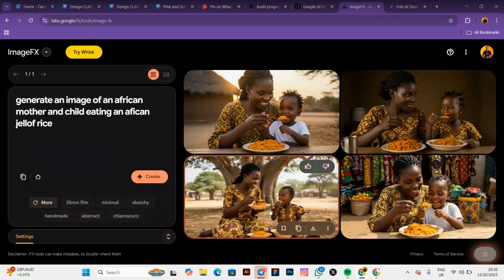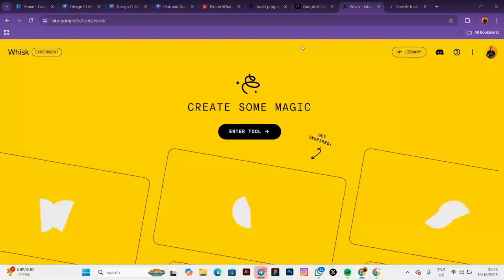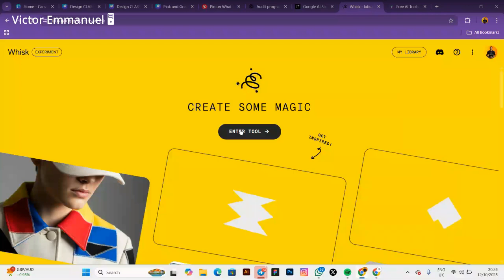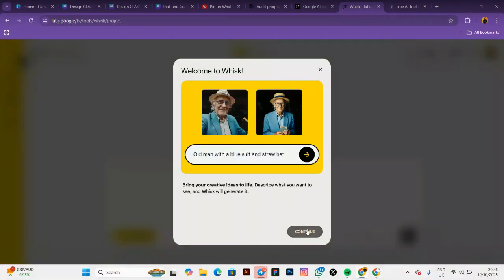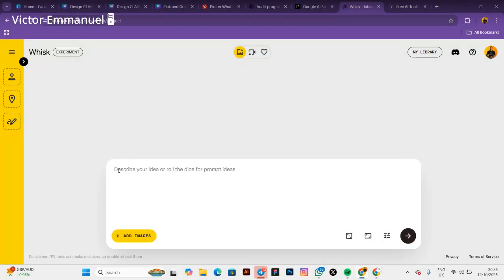So whatever you're trying to do, are you into fashion as well, right? You can use this Wix. If you are into the fashion industry, you can use Wix. So Wix, this is Wix, right? This is another AI model called Wix. So under Wix here, you can describe what you want this to do. Let's say you're trying to model a particular fashion dress. So all you need to do is just write the prompt. Let's say